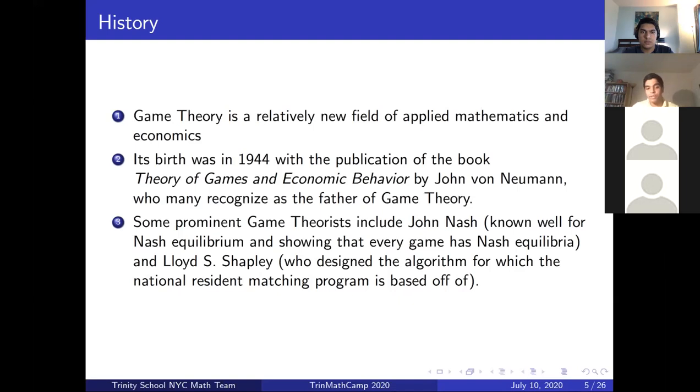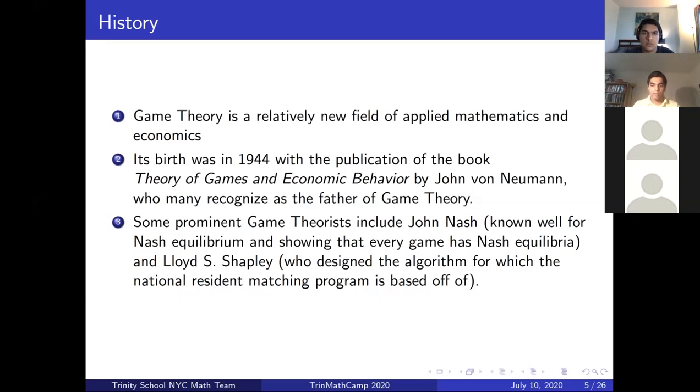And that's really important in the national resident matching program, which, if many of you don't know, is essentially after you go to medical school, you're matched with a residency program somewhere in the nation. And so all the students coming out from medical school are applying to residencies, and they provide basically a ranking of residencies they want to go into. And residencies also choose applicants,